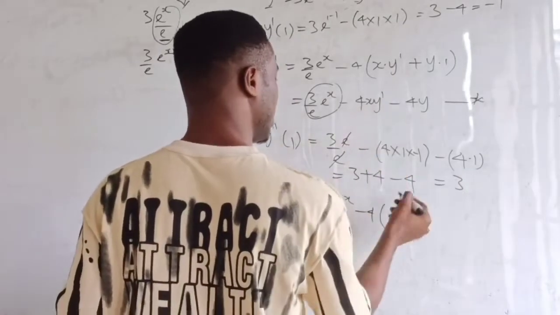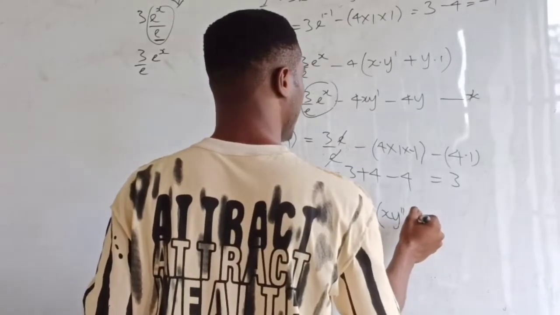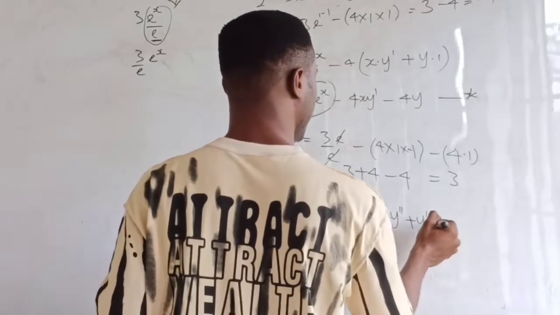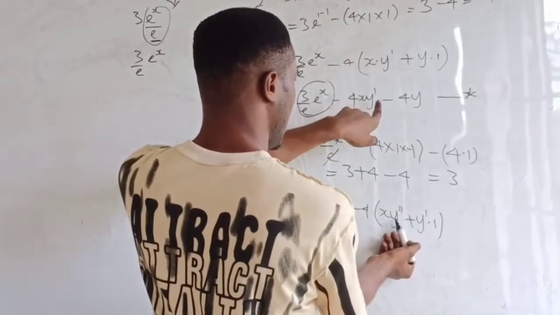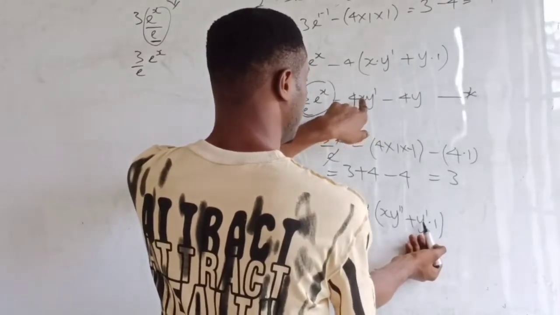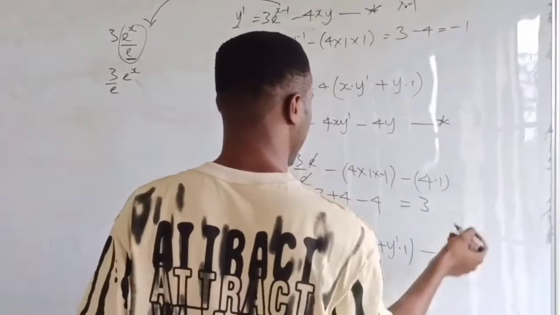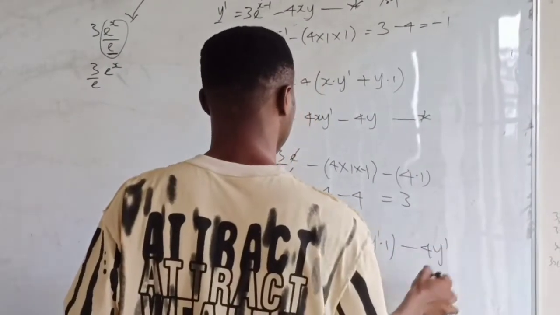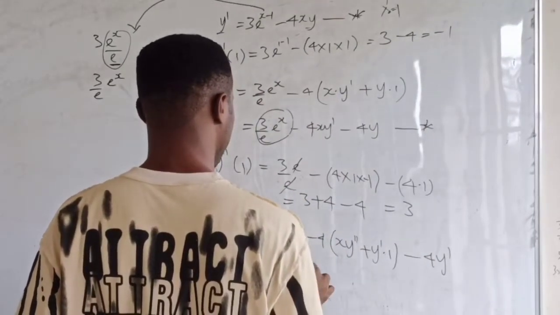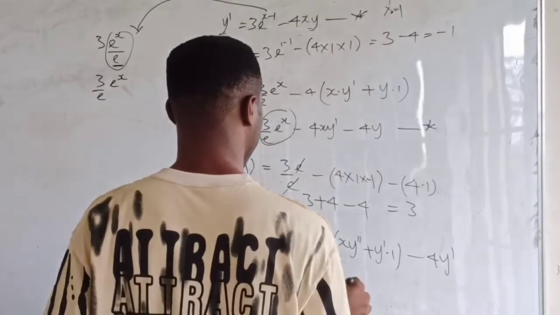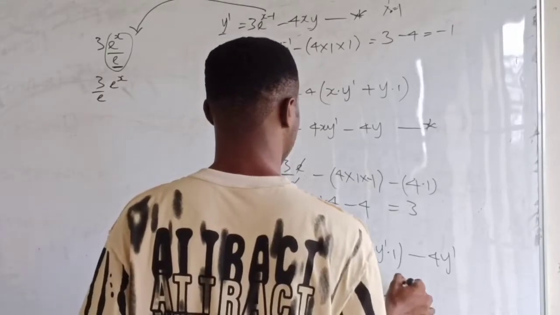holding 1 to differentiate the other gives us x y prime prime plus y prime times 1. Like I held x to differentiate y, and I also held y prime to differentiate x. So minus, differentiate 4y prime, 4y gives us 4y prime. So by expanding, we have that 3 over e to the x minus 4x y prime prime minus 4y prime